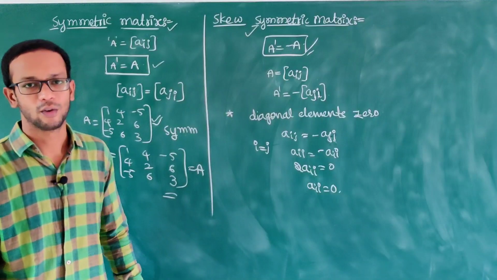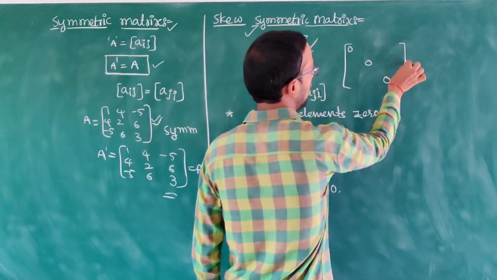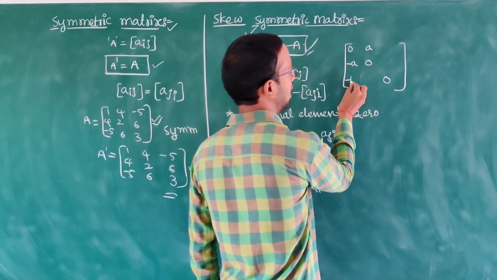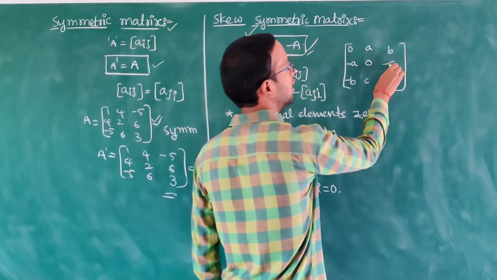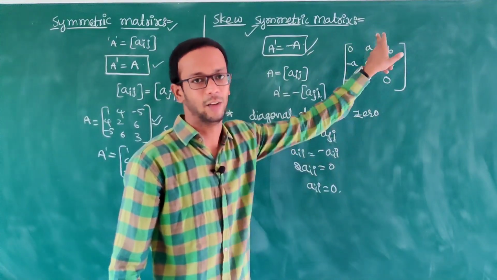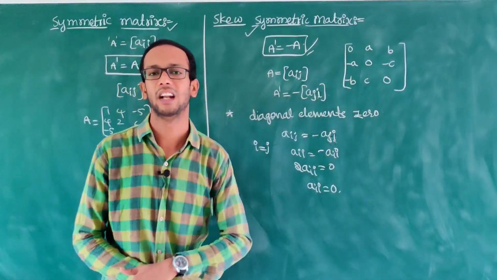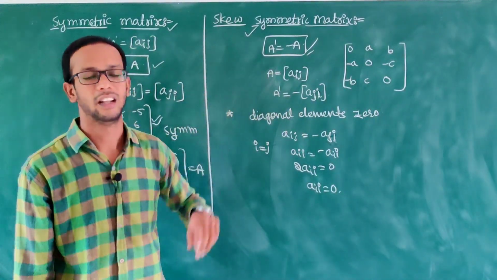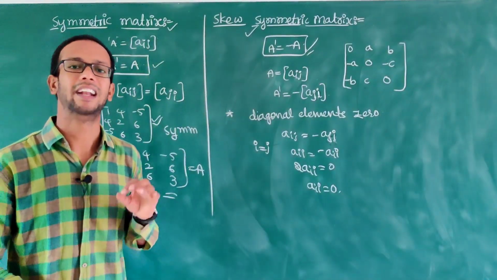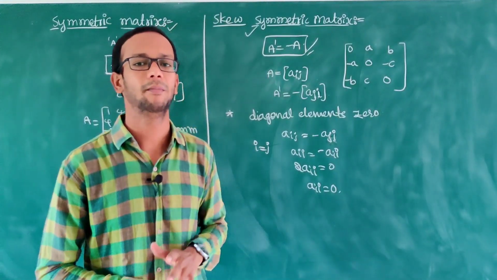And the general form of a skew symmetric matrix has diagonal elements 0. If here A is there, here -A, here -B is there, here B, here C is there, here -C. You will get just opposite signs for the same elements, and diagonal elements are 0. By seeing only, we can easily identify a skew symmetric matrix. A' is equal to A means symmetric. A' is equal to -A means skew symmetric matrix.